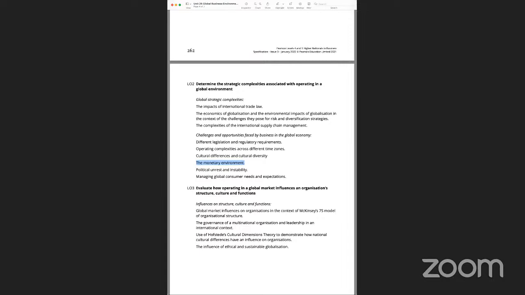And it could also mean that if the government looks at nationalizing or decentralizing certain industries or sectors within the economy, then in those cases, it can adversely affect the business. So we look at how political unrest and incivility crop in and become a challenge or an opportunity for a business. And last but not the least, we're looking at understanding how managing global consumer needs works,